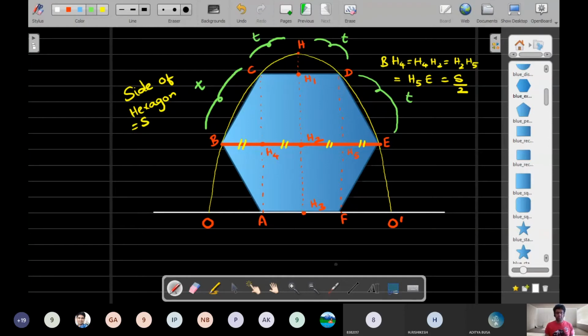Okay, right. I can't say the same thing from O to B or E to O prime. These are not again t's, right? Because we don't know what is the horizontal gap that this has traveled from O to B. So that's another variable that is not t, right? So maybe I'll call it as some t naught or something like that.